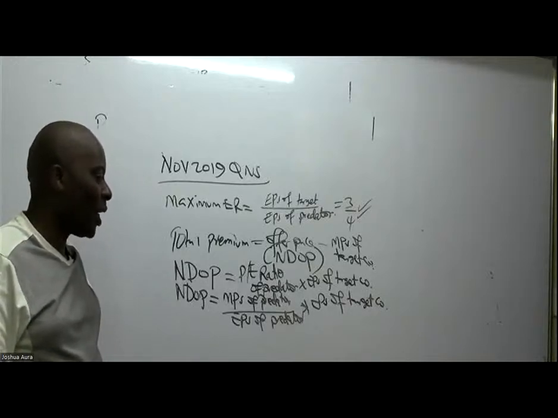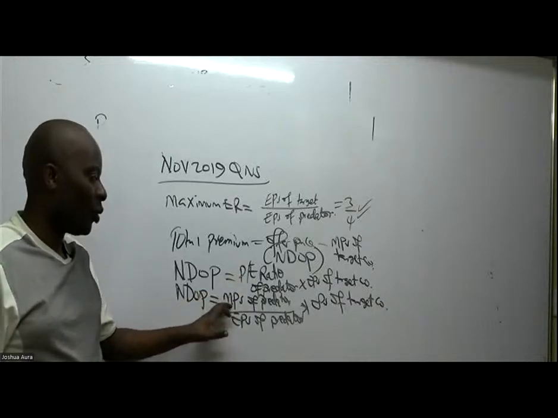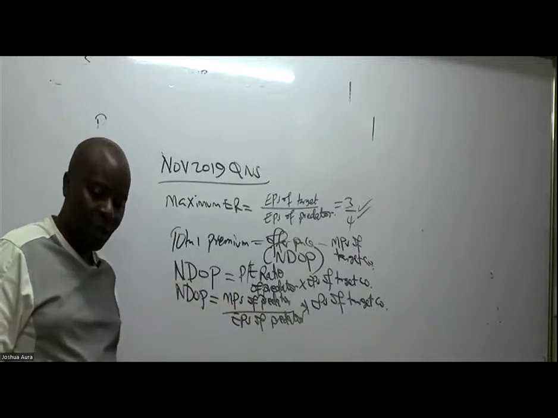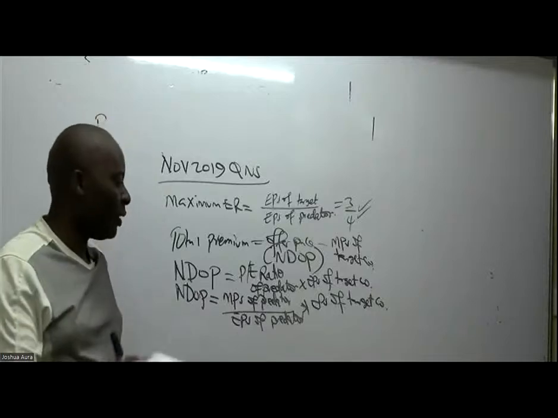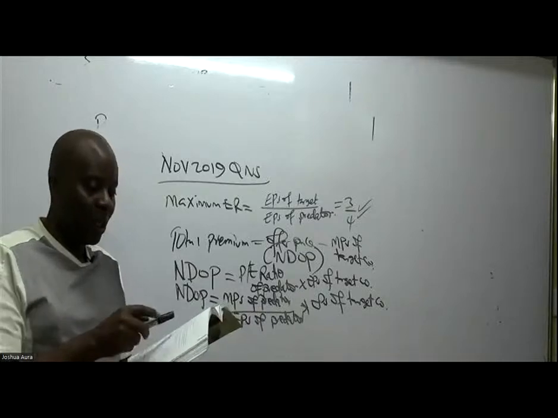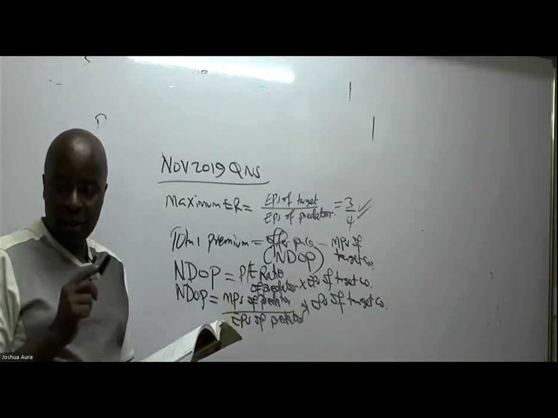Now, so that is okay. So remember, it is P over E, MPS over EPS. So MPS of the predator, that's MPS of company A over EPS of company A. So they've given me these MPSs. Yes, they've given me the MPS of company A. I can see it there. MPS of company A is 60, right? So I'll take 60,